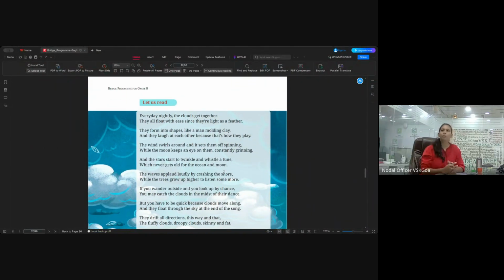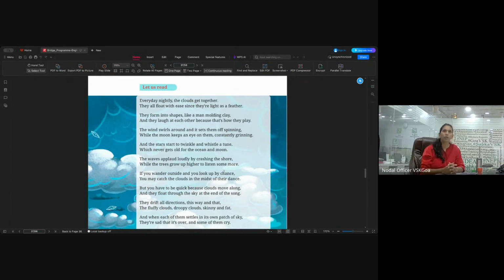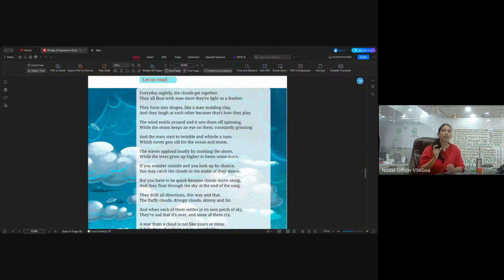So here you have a poem. It's quite a long poem though. But again, you're introducing children to a more constructed form of writing. You're introducing them to more creative writing, because they will eventually have to write couplets. They will have to attempt to write poems. So this is one example given to them.